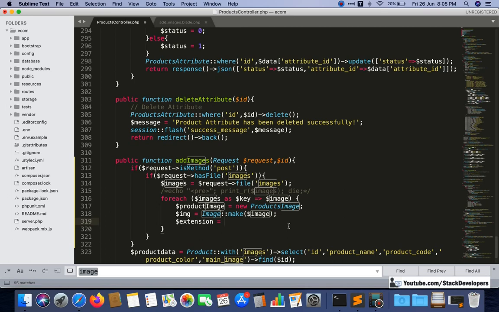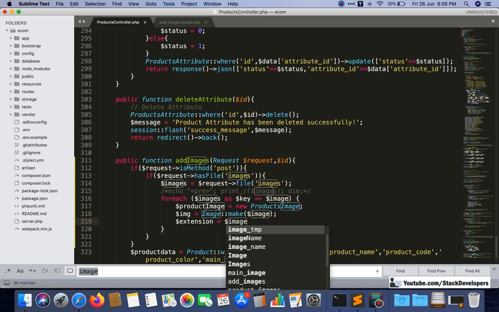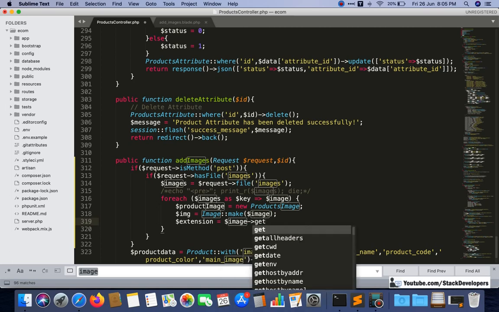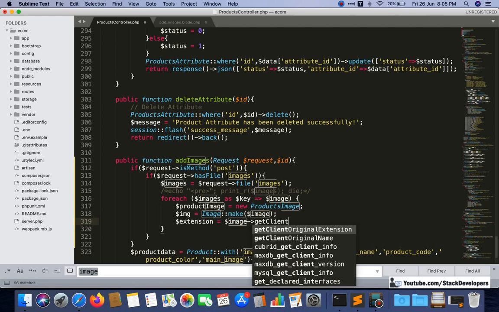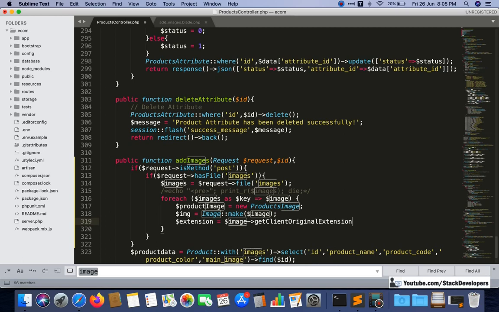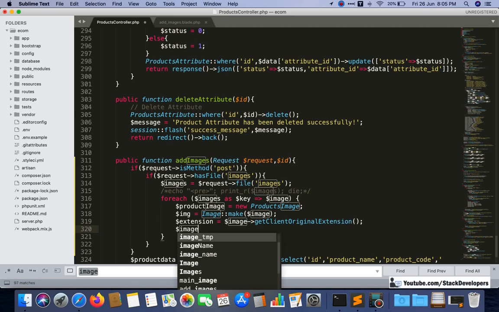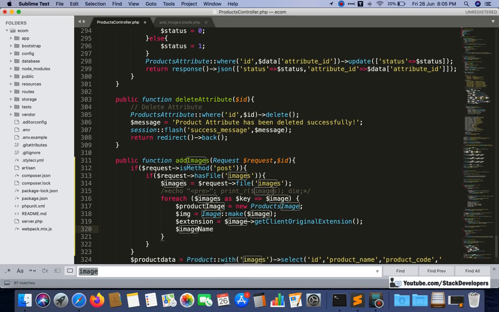So that's why we are going to rename every image and give it our own unique name. First of all we will get the extension of our image, and we can get it like this, because we are going to allow jpg and gif as well. So getClientOriginalExtension, this is the way we can get the extension. And for $image name, we can make our own image name, and for that we will use the random function.